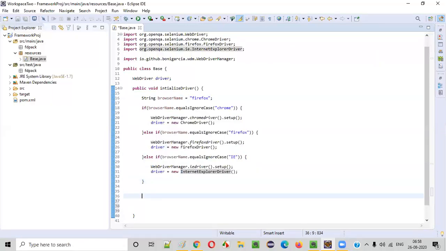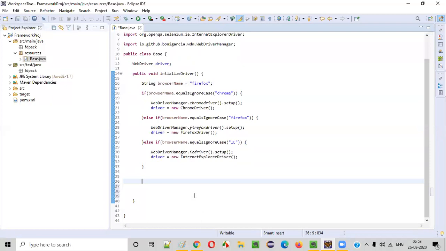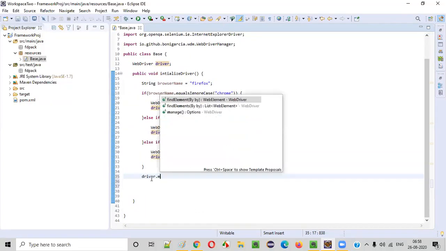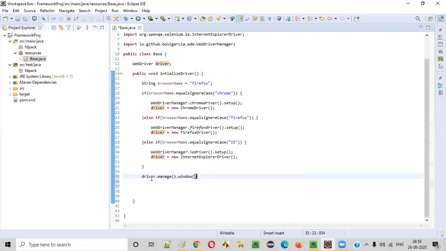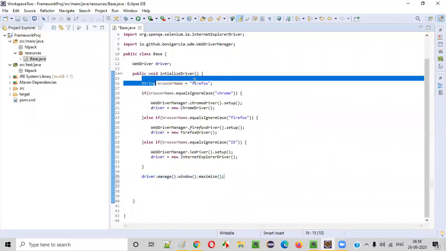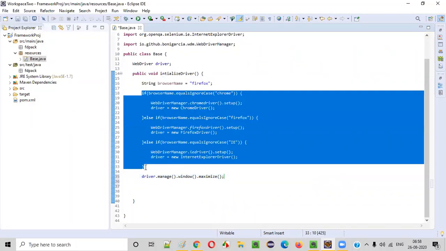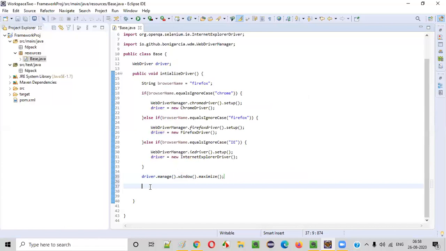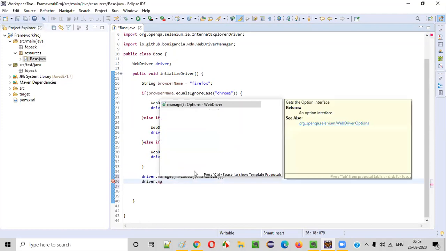Fine. Now outside this code, we have to write some other steps. We'll use this same driver: driver dot manage dot window dot maximize. No matter which browser is selected in these else if blocks, at the end we'll maximize the browser, and we will add some implicit timeout.